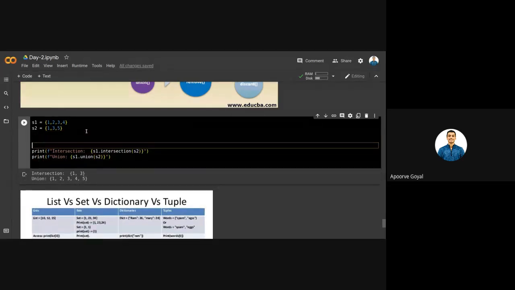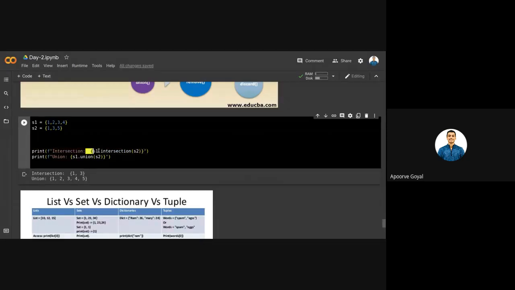Basically, what F means is a format specifier. You just saw that intersection was a string and this is a set, so these are not similar data types. How can you print them together, concatenating both at the same time? For that we use F, and then you use inverted commas.